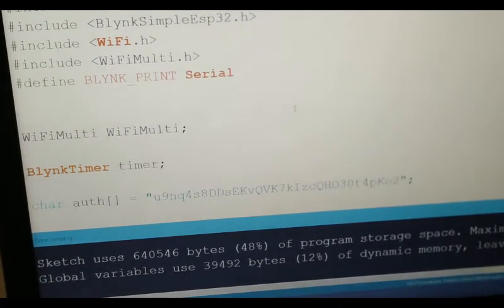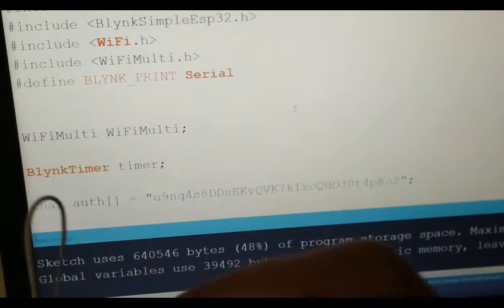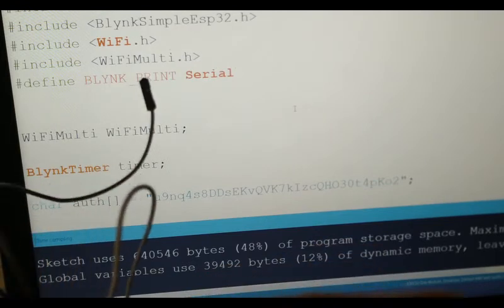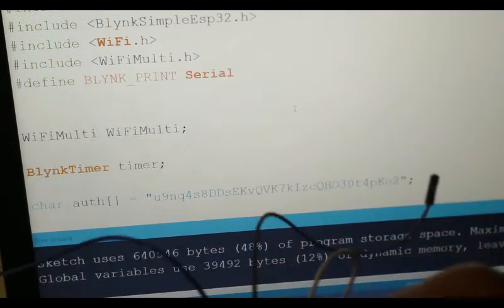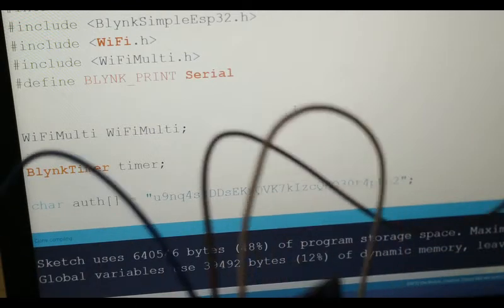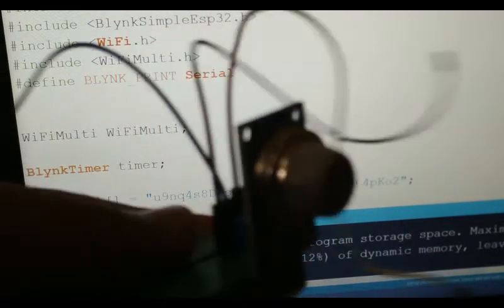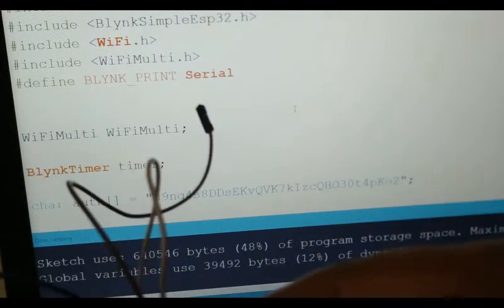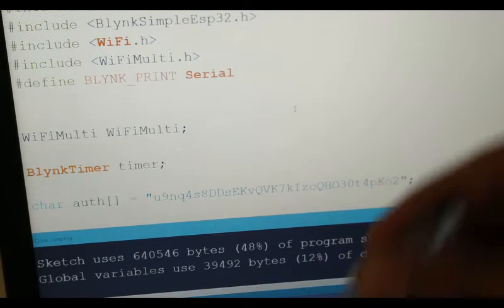Fine. Okay. So for this project, I am going to use a sensor called MQ135. This is technically called an air quality index sensor. So this one. Hope you can see. Otherwise, I will focus after connecting with this.